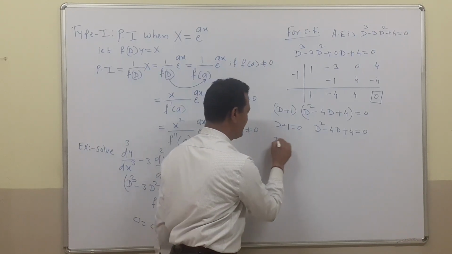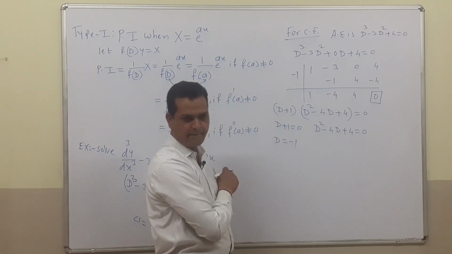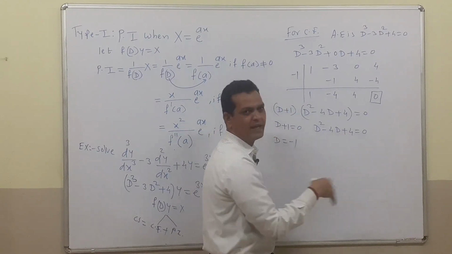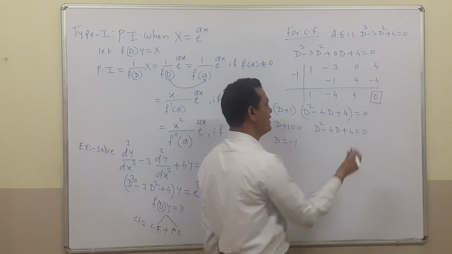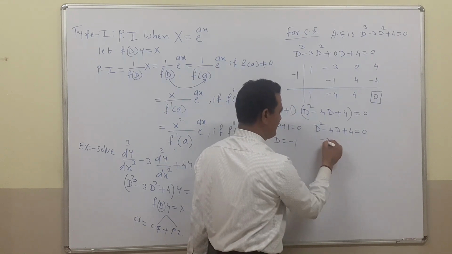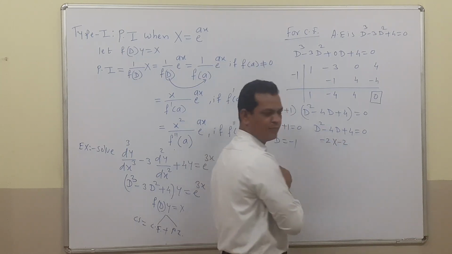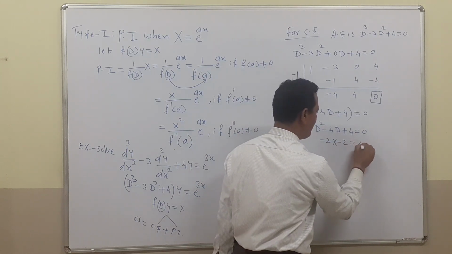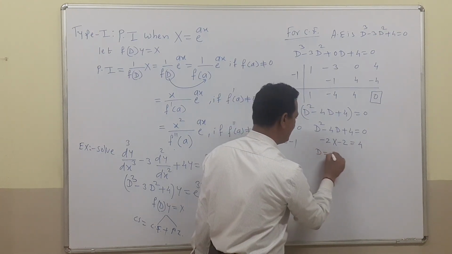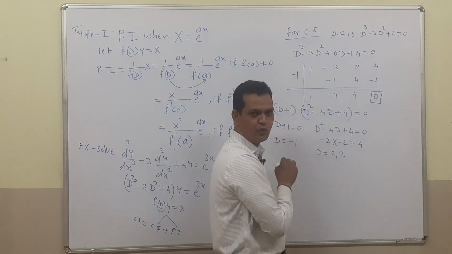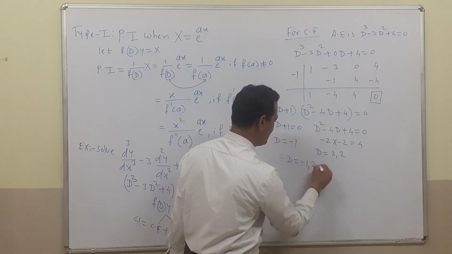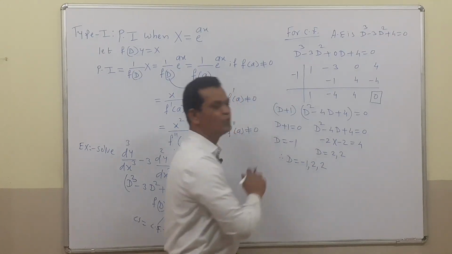So from this equation we get the value of d as minus 1. To solve this quadratic equation, you may apply the standard formula for quadratic equation, or find numbers whose product is 4 and addition is minus 4. If we multiply minus 2 into minus 2, product is 4 and their addition is minus 4. So the values of roots are d is equal to 2, 2. So then the possible values of roots are minus 1, 2 and 2. So these are the roots of this equation.